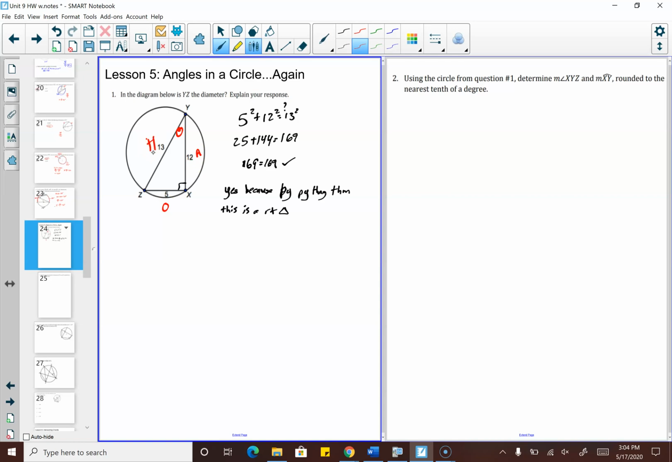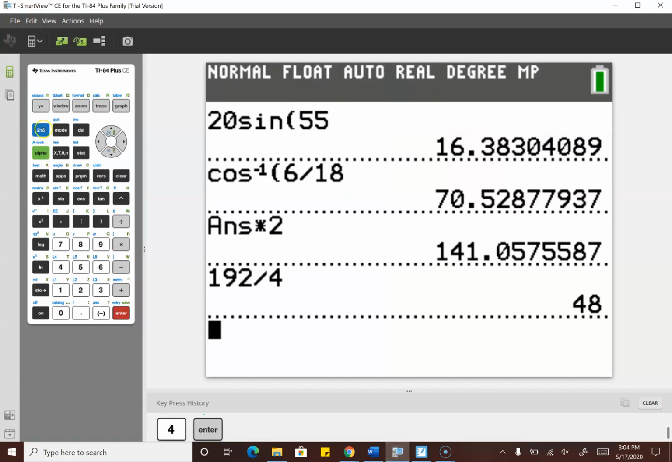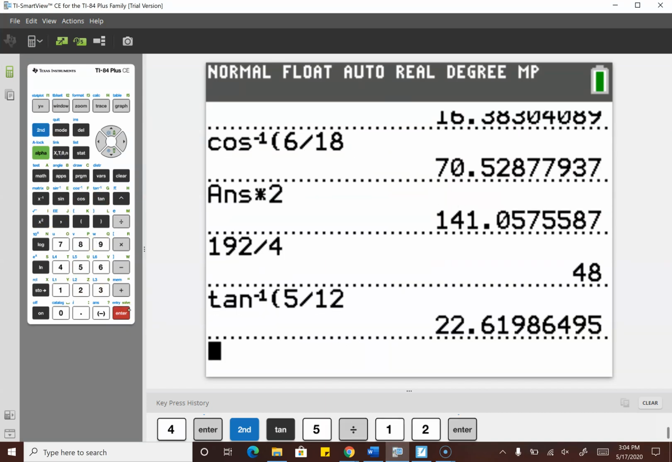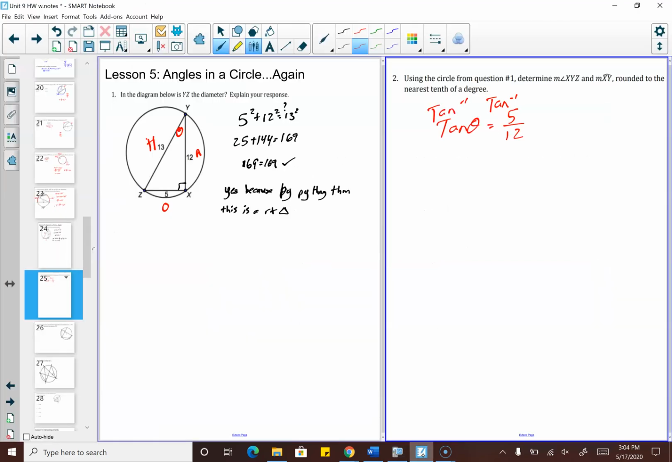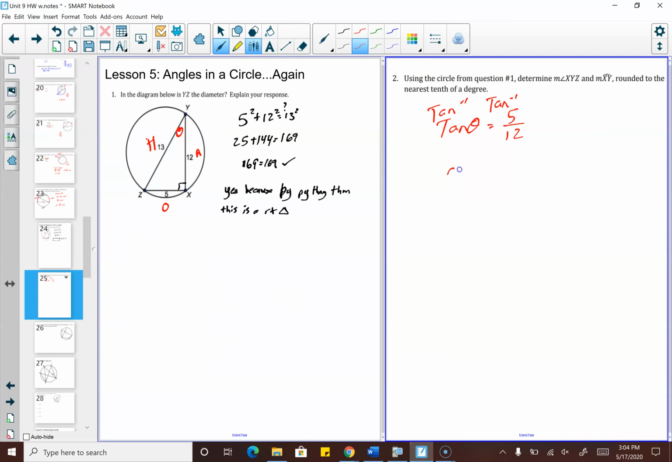So now since they're all filled out, you can use whichever one you want. Since I haven't used tangent recently, that's the one I feel like using. So tan is opposite over adjacent, so 5 over 12. We will arc tan on both sides. Go to our calculator here, second tan 5 divided by 12. That's what we get, and they want it rounded to the nearest tenth of a degree. It seems like they want us to round both of them. So then we'll be 22.6